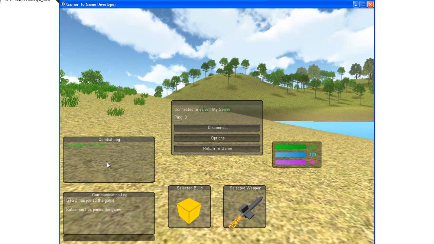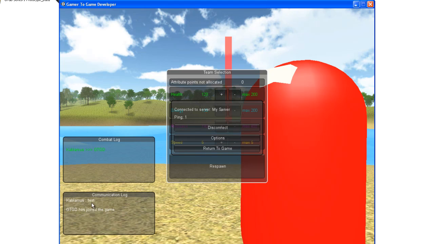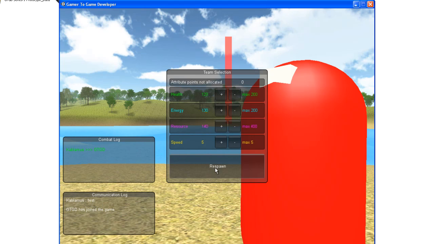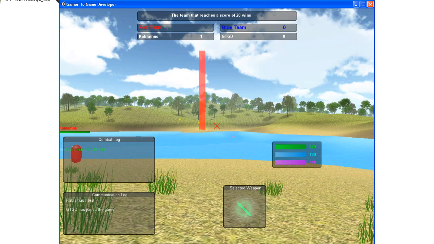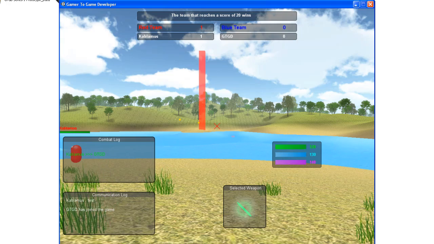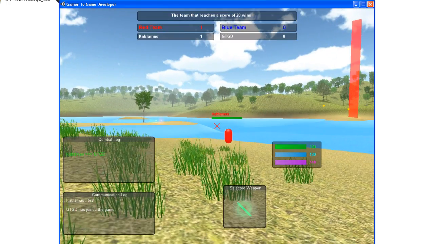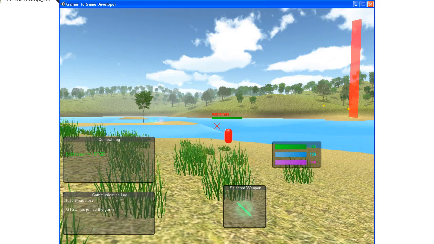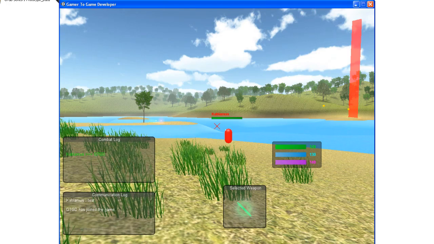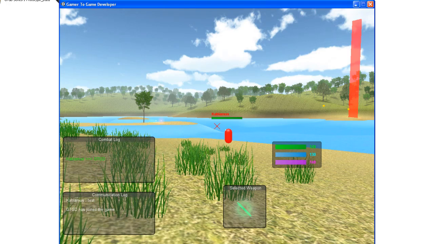I can send a message to the other player as well. I can say test message, and it will appear there as well in their game, so you can see there that that message that we sent has been received. And of course I can respawn into the game as well. So you can see also we have a scoreboard. So the red team has a score of 1, and Kablamus there was the one who did the attacking and received a score. So as you see, all of this you're going to build by watching this tutorial series, and